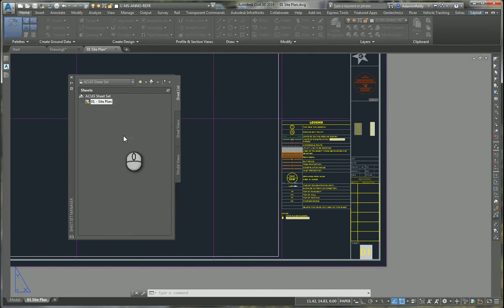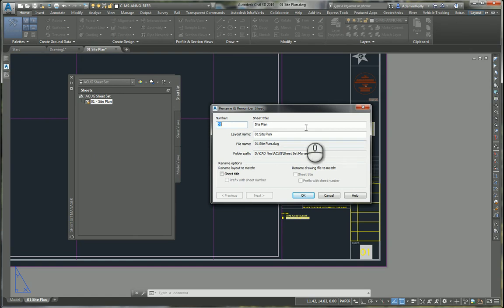The rename and renumber sheet dialog box looks just like the creation sheet, but with a few more options at the bottom. At this point you can change your number, we'll say 10, and change it to the site, change the name of it, let's say we can call it utility plan. But it's not going to change the layout, because this is actually telling you what the layout of the sheet is. Down here our layout was named the same as our sheet. Now we can rename it, so if I were to type 10 utility plan,